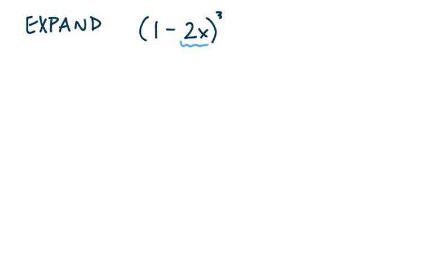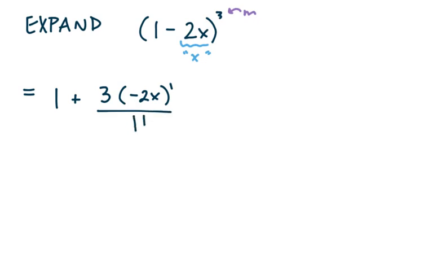So let us expand. And in this situation, we're expanding 1 minus the quantity 2x raised to the third. So 2x is my x here, right? That's what I'm using as my x from the formula. And the 3 is my m value. So as I list this out, I would end up with 1 plus 3 times negative 2x, that's to the first, over 1 factorial,